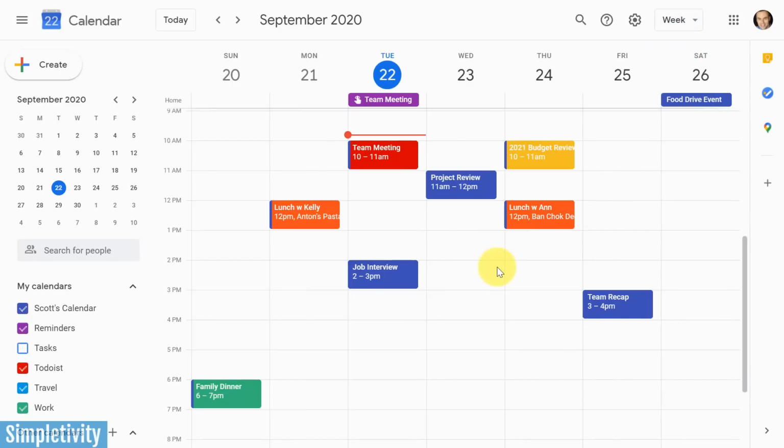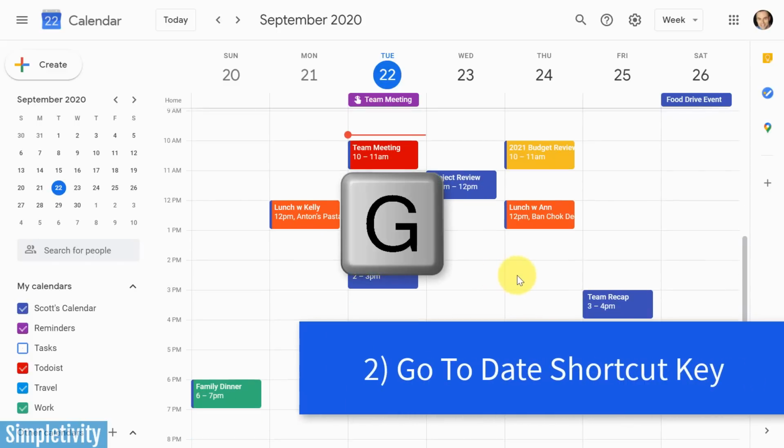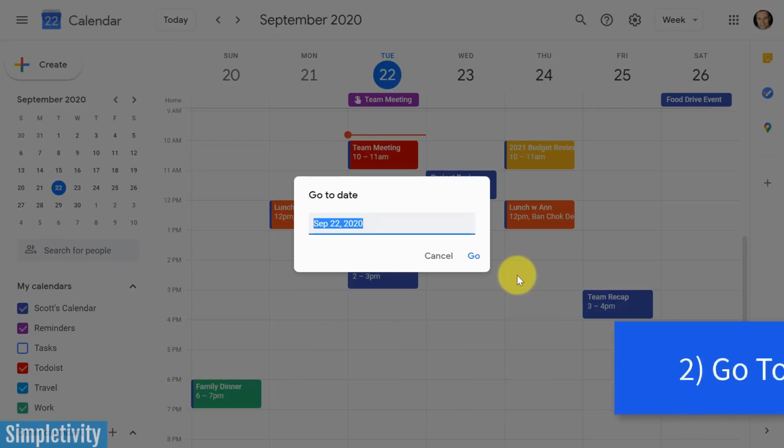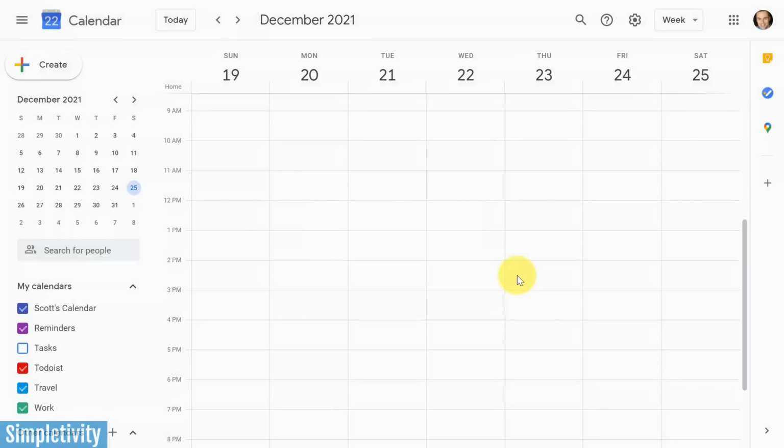Now let's stick with shortcut keys. The next one I want to give you here is G, and G as in go to. If you hit G on your keyboard, you're going to get this little window here. And here you can type in any date you want. So let's say, for example, I'm planning to spend maybe Christmas with someone in 2021. Not this Christmas, but next Christmas. So I'm just going to type in December 21st, 2021, hit enter on my keyboard, and immediately I am brought